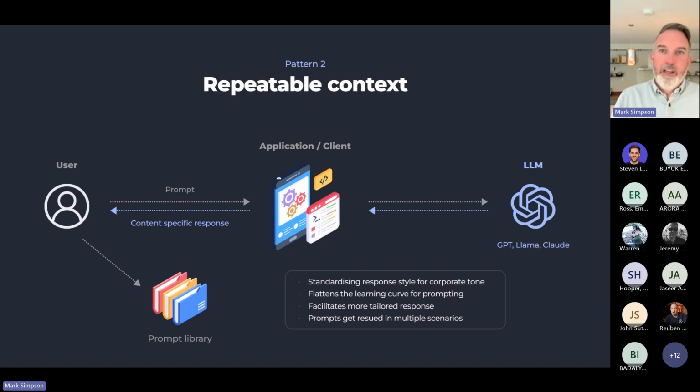So pattern number 2 is taking those common contexts, but putting a bit of governance and a bit of enablement around that, to enable anyone who's using these GPT tools to leverage a library of prompts. These prompts can be your style guide for communicating with your customers. They could be a more technical talk to say at what level to pitch the technical aspects of the response. It could be a little bit of governance, to say when responding, bear in mind you're a customer service bot, but you also shouldn't be promising any commercials.